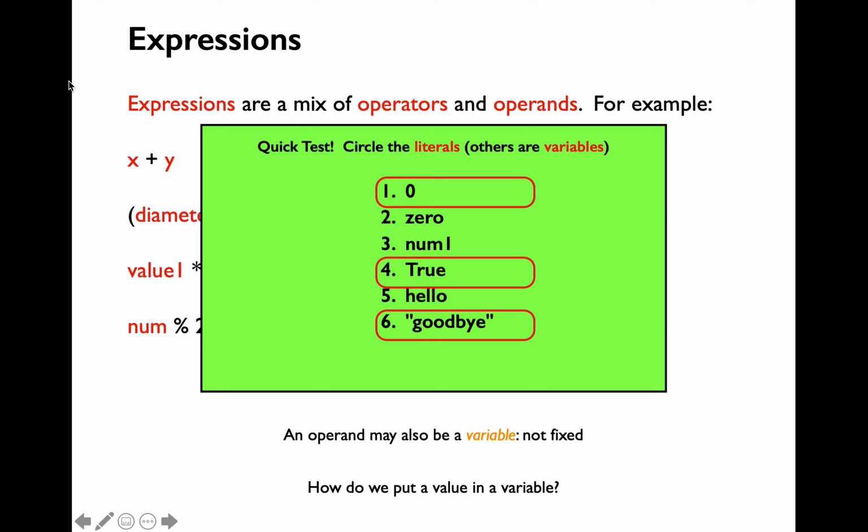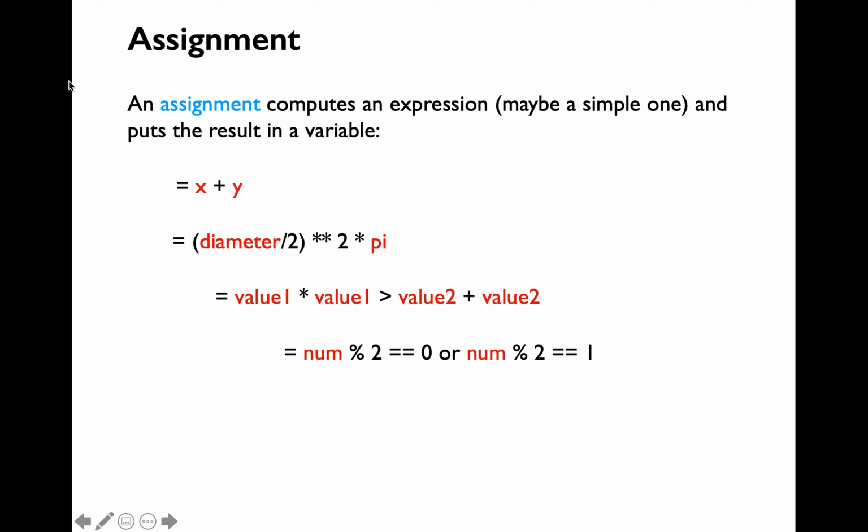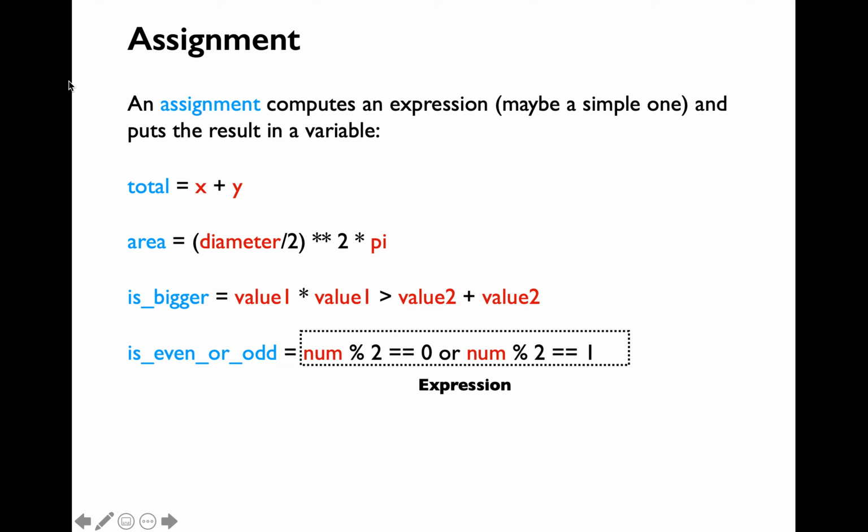So let's talk about how we can assign the value of an expression into a variable. So we have all of these expressions which we can use as the right hand side, and we'll be putting in the assignment operator, and on the left hand side we can use a variable name into which we want to assign the result of an expression. The right hand side is always going to be an expression which will be evaluated first, and then you have the assignment operator, and your left hand side is going to be a variable here.